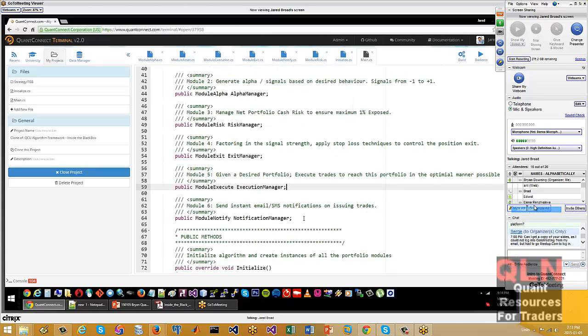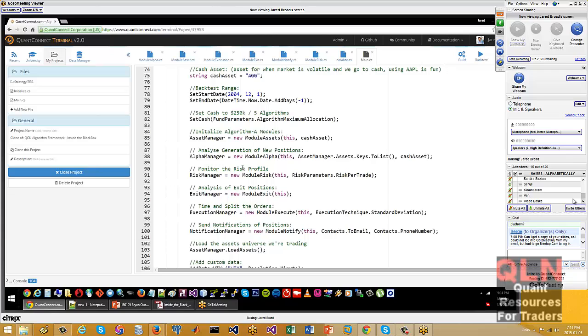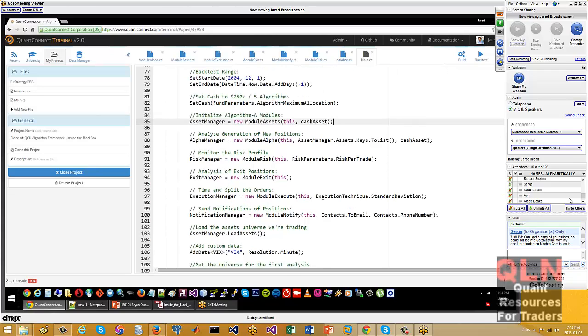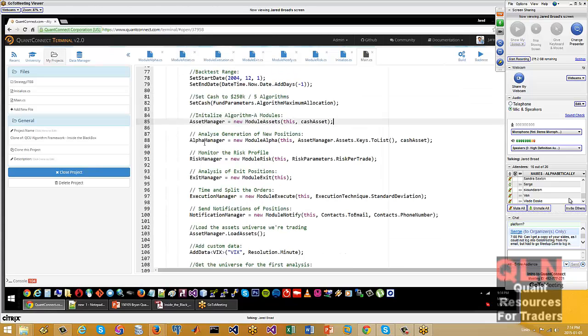So I suppose the best place to start would be the universe selection, selecting the assets. This is a super simple algorithm, although when you lay it out like this, it looks like a lot of code, but it really doesn't do much. I'll dive right in with the asset manager here.